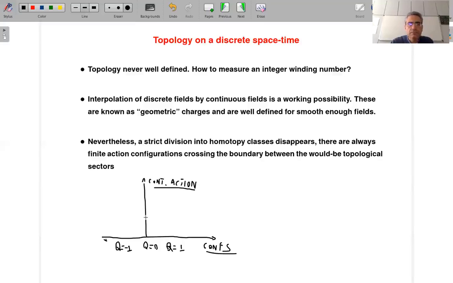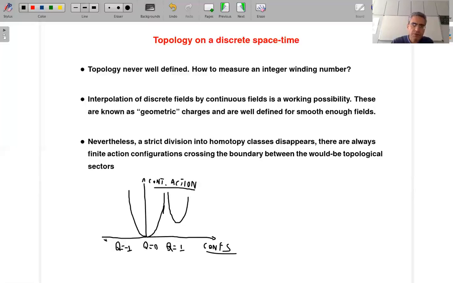These topological sectors are divided by infinite barriers. So the continuum action diverges in some sense at the border of one topological sector, and then you have the other